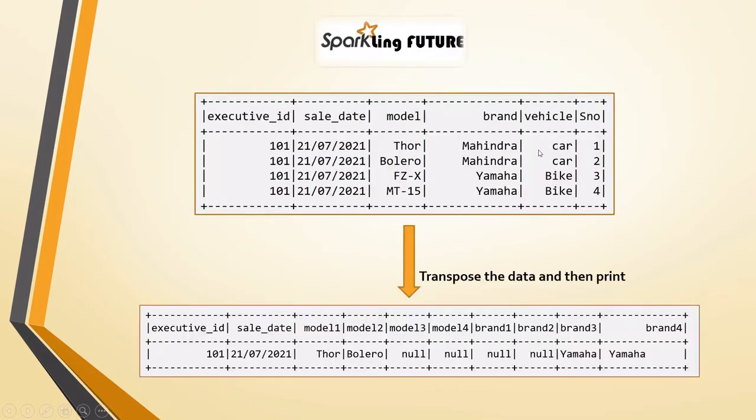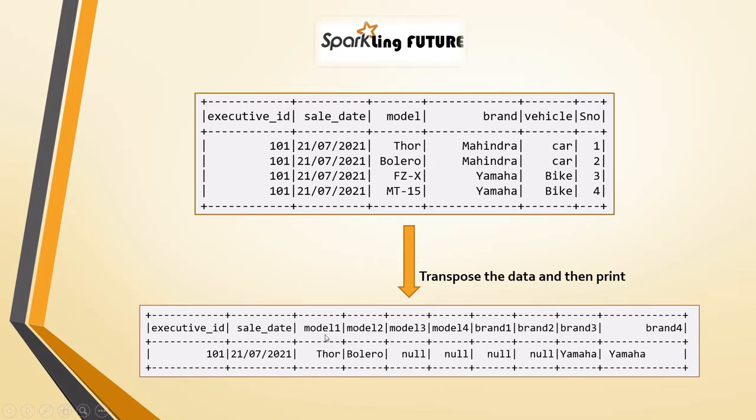For example, this vehicle is a car, right? If at all, for this car, we have to get the model name. If it is a bike, get the brand name. So here if you see, for each, how many serial numbers, how many sales he has done, for all those